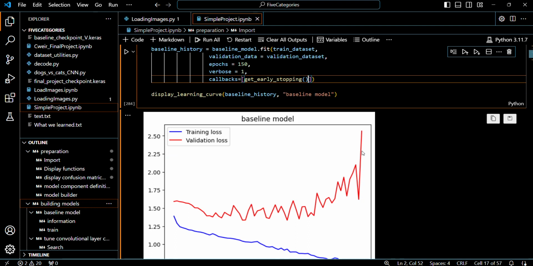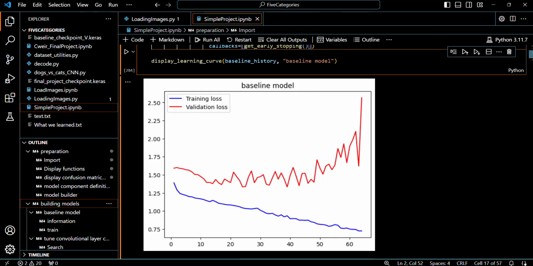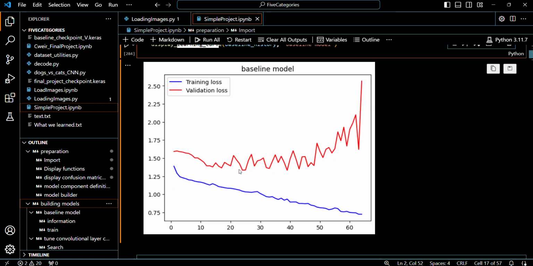I think what I just said is a very subtle distinction. Anyway, so once it's done all that training, we call our function that we defined earlier, and you can go back and listen to the video. Display learning curve. It will show how the training and validation loss changed throughout the training, and you can see that the training loss